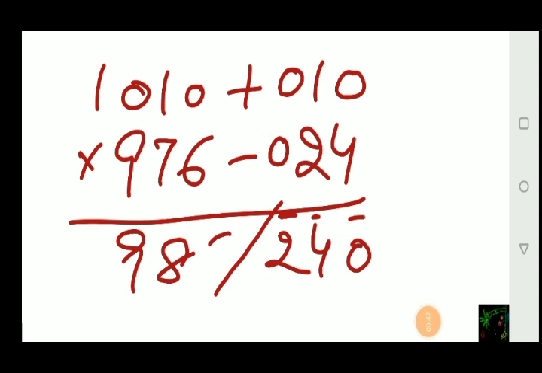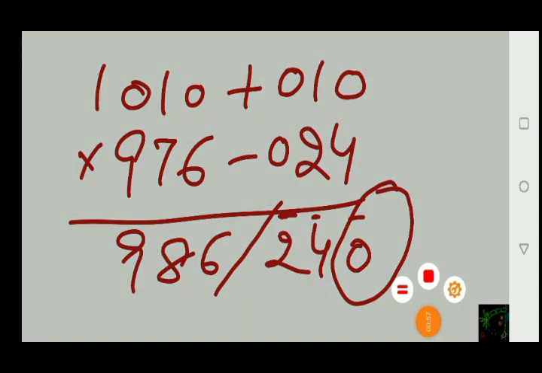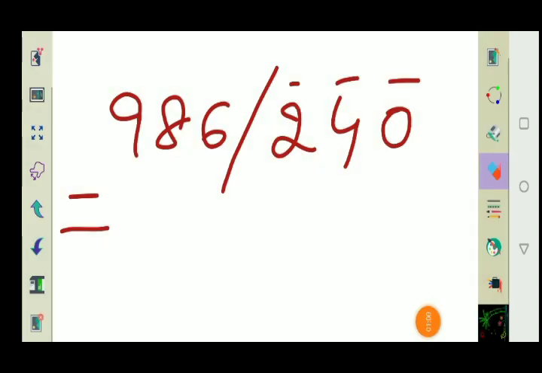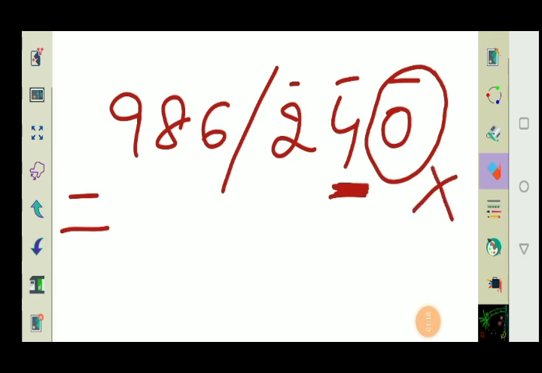You are getting 986. Now just look at this. This is a special case when we are having 0 at the last place. 0 with vinculum, but we will not be considering this. Let me show you separately this number. In this case, this number will not be considered at last from 10. We will be taking the last digit as 4. This 4 will be subtracted from 10, not 0, if we are having 0 at the end.